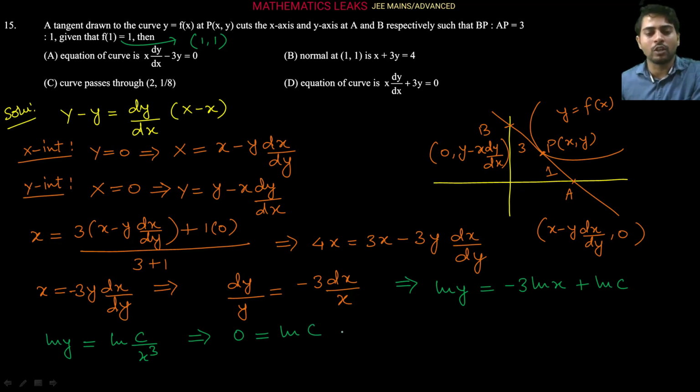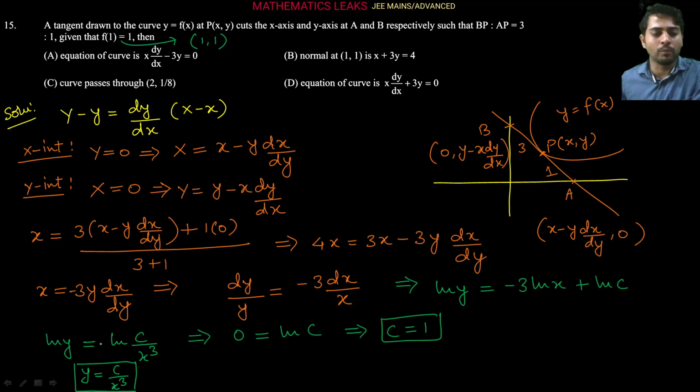So it is coming here. So ln of c equals 0 means c definitely equals what here? 1. When c will be 1, then only the logarithmic value will be coming 0, right? As y equals c upon x cube, right? Now we can also get this curve equation. Taking the logarithm on both sides, on simplification we can write y equals c upon x cube. So the c value directly we are going to put. So we will get y equals 1 upon x cube. So y equals 1 upon x cube, we are getting the curve equation.